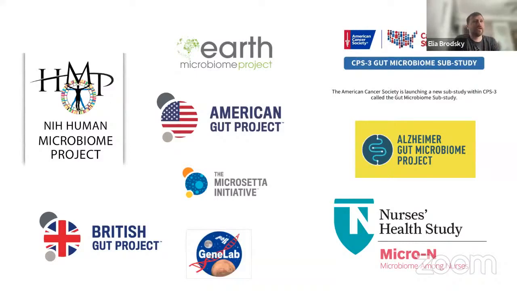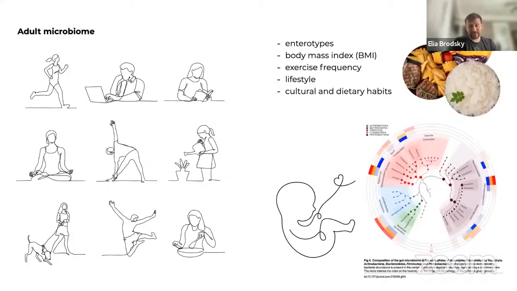And so here you can see the Cancer Prevention Study for the gut microbiome, the Alzheimer's microbiome project, and the Nurses' Health Study microbiome among nurses and others. As you can see, from baseline and general diversity, these projects are becoming more specialized. As a result, we now have a number of indicators that have been adopted for different types of practical applications when we think of individual microbiome, health, lifestyle, food habits, etc.